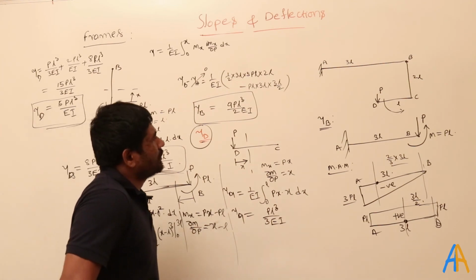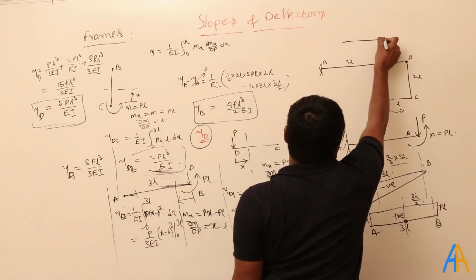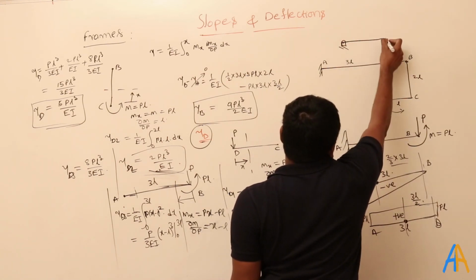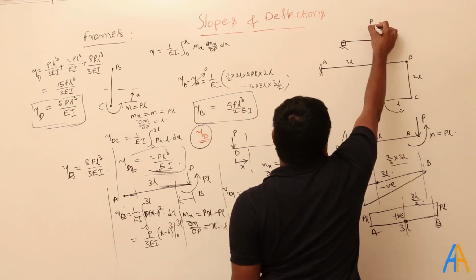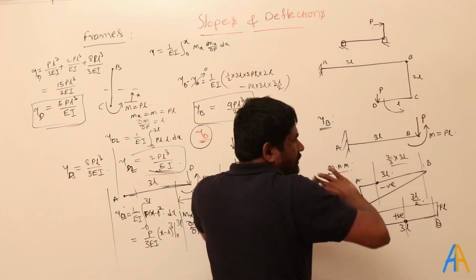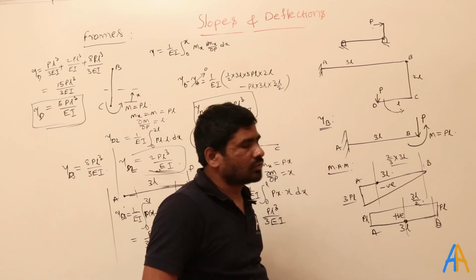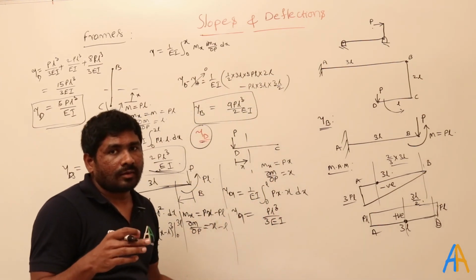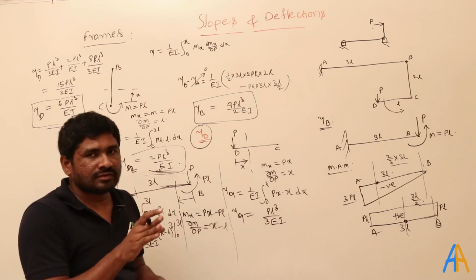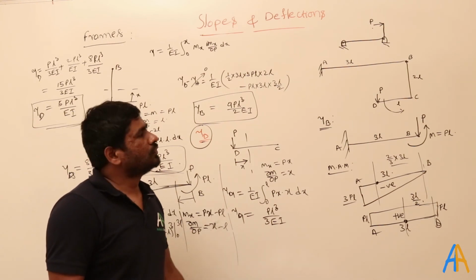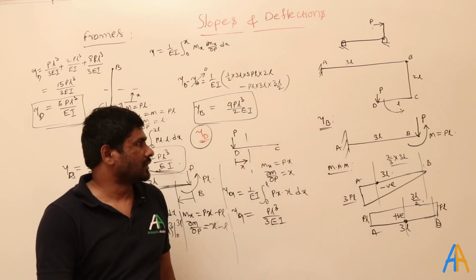So like this, there are different types of problems that can be asked in the examination. For example, if the frame is like this, fixed like this, and P is acting like this, this is equivalent to the first case only. Only thing is they reverse the diagram. In whichever direction they give, we can easily find out. If you are unable to realize how the theta and the deflections are caused, then forget about it. You just apply this Castigliano theorem, and then you can directly find it there.